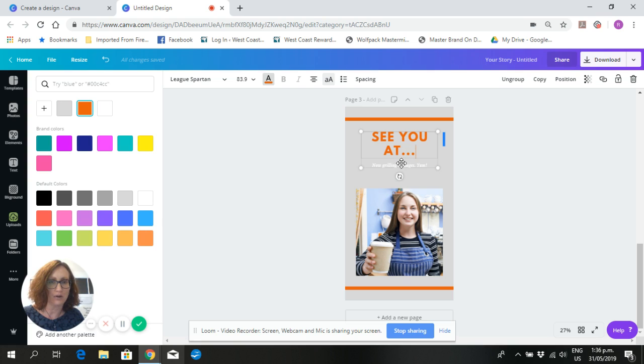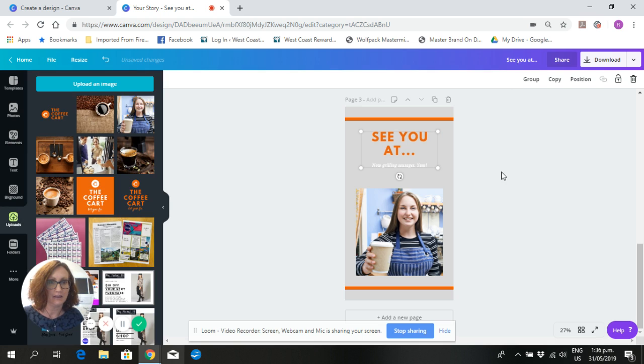First, I just want to ungroup this text because there's another row of text down the bottom, so we're going to ungroup it, and then I can click on that and delete it, and then go to our, so we'll use this one, see you at the coffee cart. Get it centered, there it is. You might want to move that text up a little bit, maybe make that a little bit smaller,